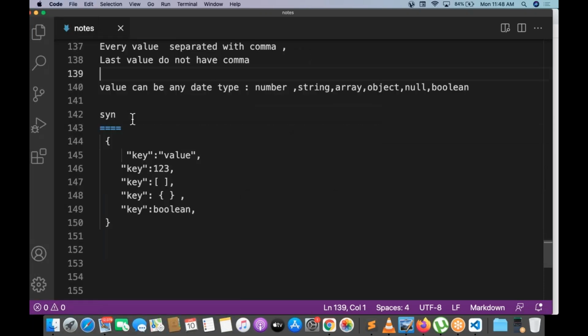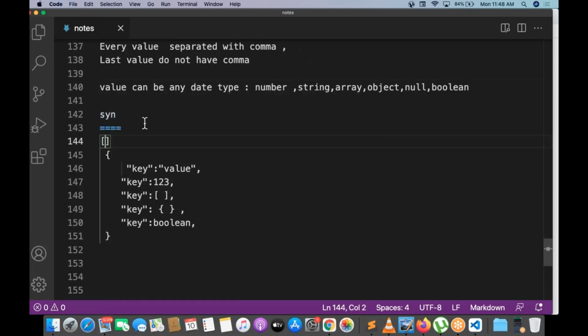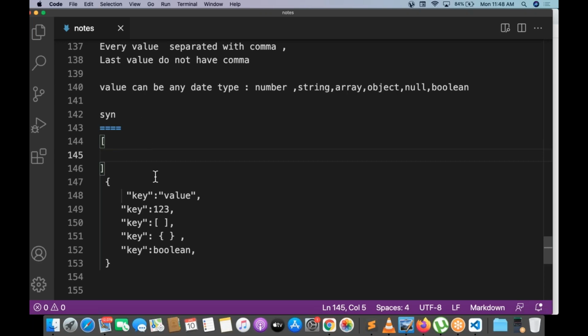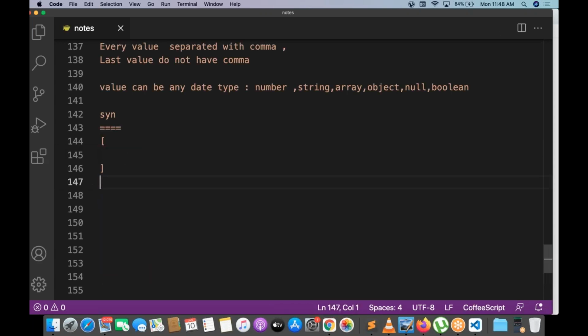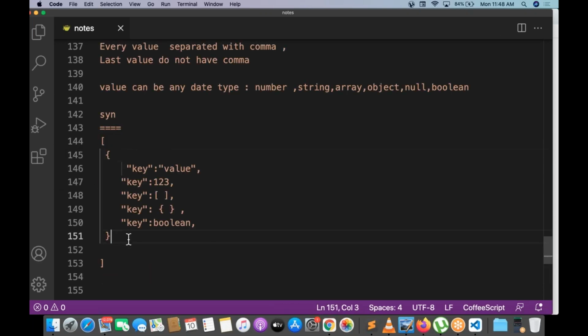Let me write the syntax for the JSON array. What is the JSON array syntax? Square braces, and this is going to have multiple kinds of values. This is my first value. First value is an object. Second value is going to be a string.